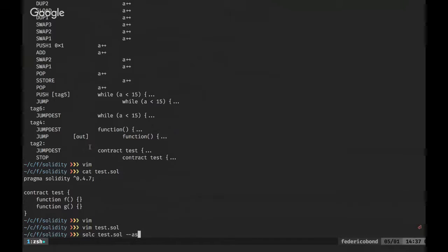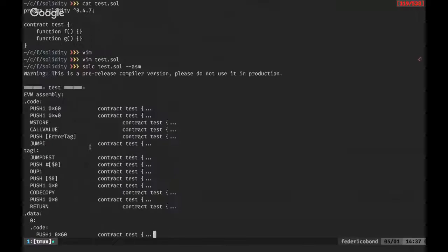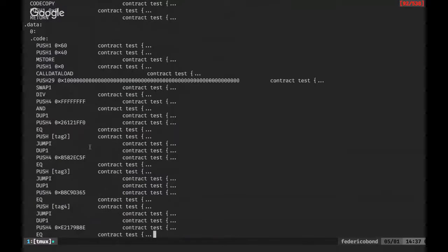So if I compile this to ASM, we're going to see this. We do a call data load. We load the call data from the transaction,